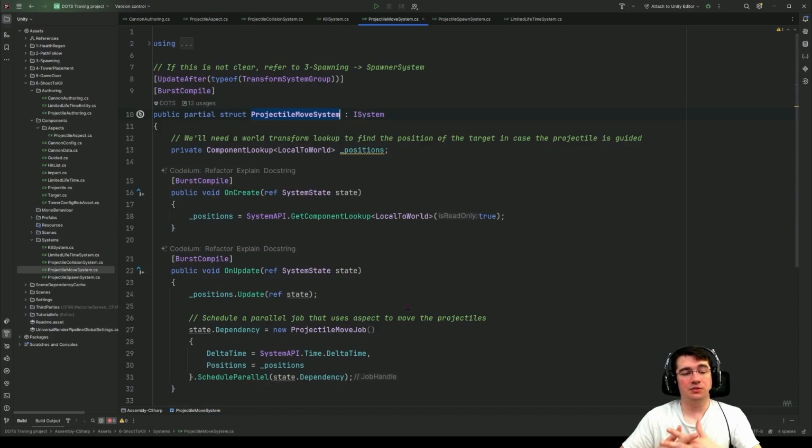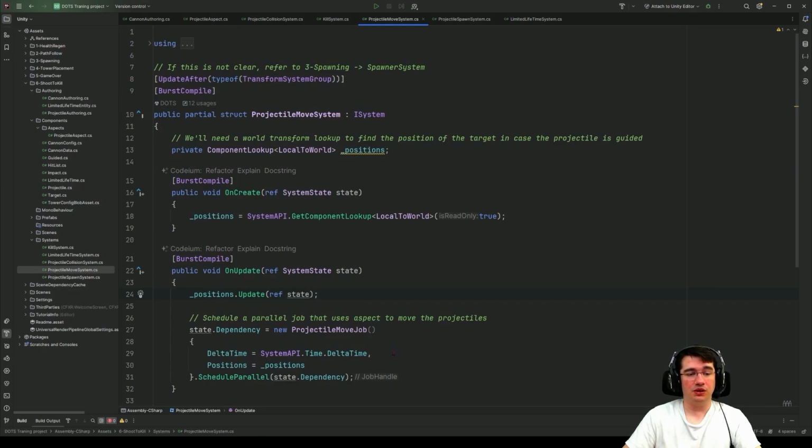Here, for this system, I will be using one of the jobs that is provided by ECS. So this system will allow us to move our projectile in parallel, or in a multi-threaded manner. The first thing we'll need to do is to get the position as read only, because we will need to have the position of our target in the case of the guided projectile. We will update that lookup as part of the update of the system, and we then schedule our job